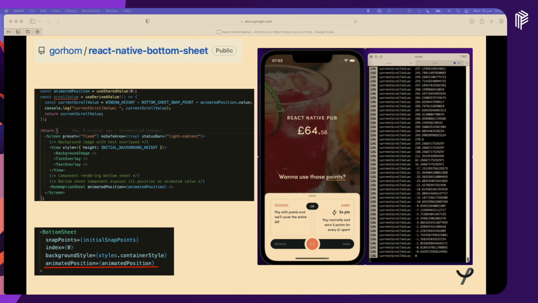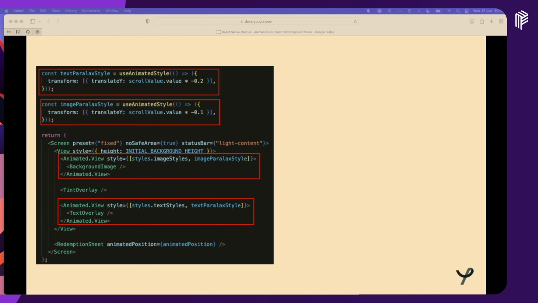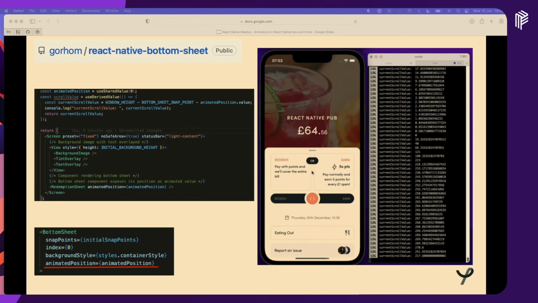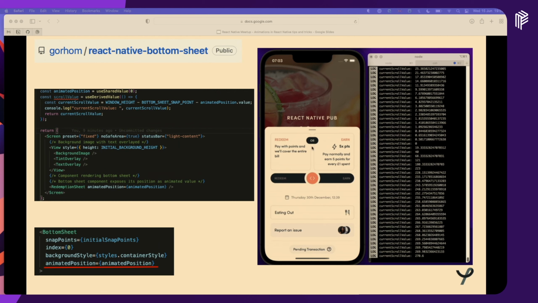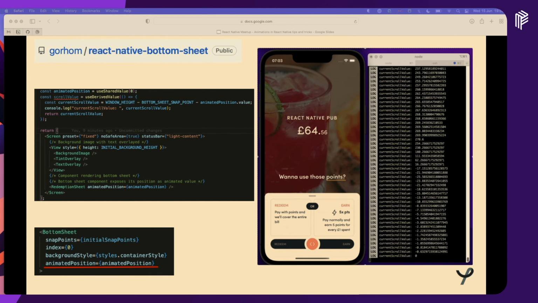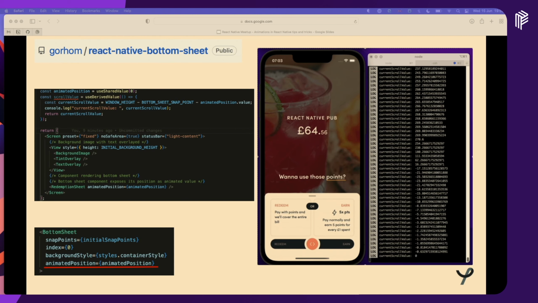All right, now that we have the scroll offset, scroll value, what shall we do with it? So to make the screen feel a bit more natural, let's create a parallax effect where we simulate a few layers on top of each other which scroll at different speeds. So in this example, I could see 3 sort of layers that could scroll at different speeds. At the very front, we can see the bottom sheet, and then the second layer would be the text, and the last layer in the very back is the